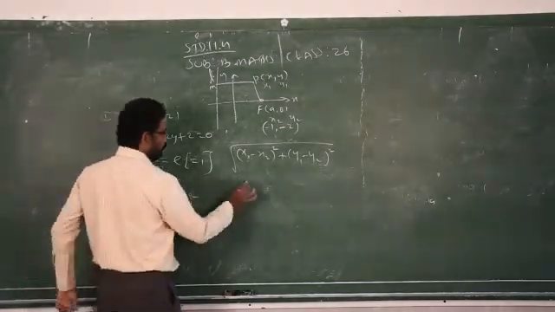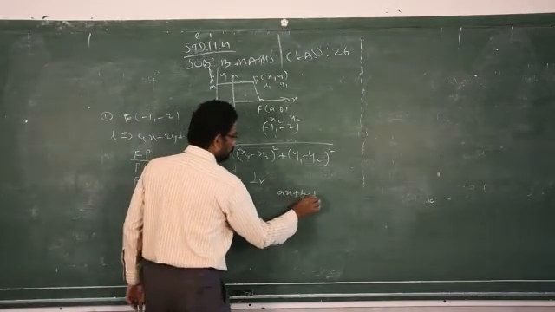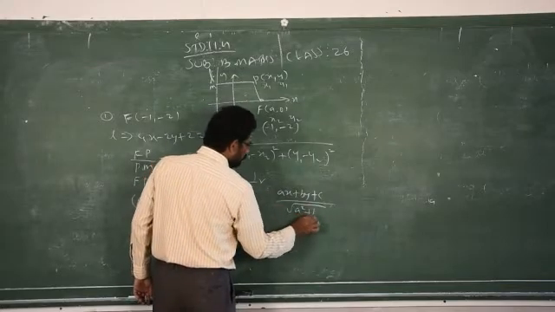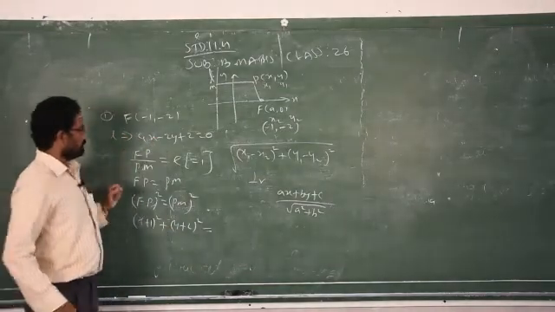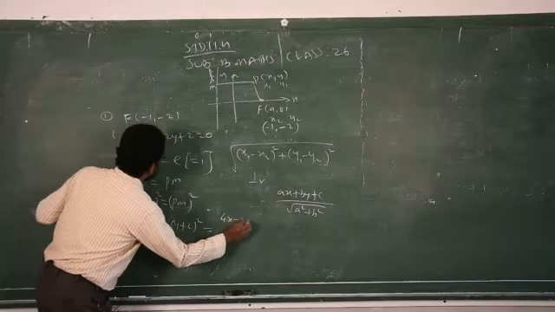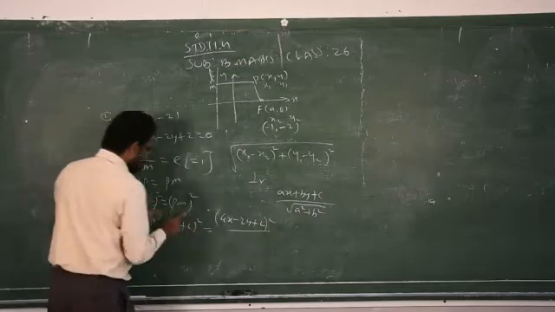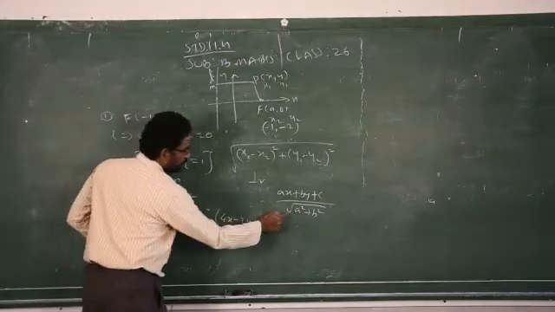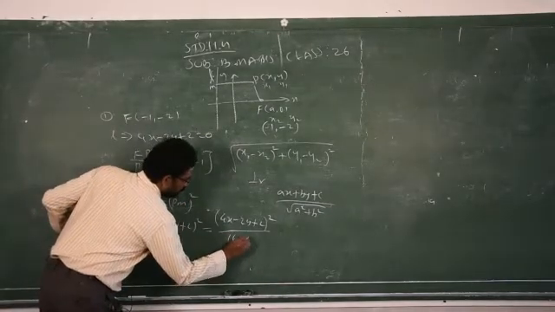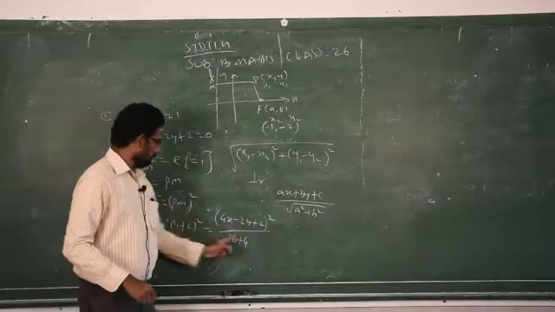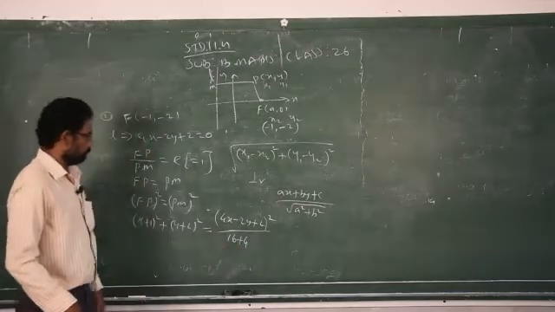What is BM? The perpendicular length. How do you find out the perpendicular length? Formula is Ax plus By plus C by square root of A square plus B square. So I am going to apply this formula with the help of the given directrix, that is 4x minus 2y plus 2, the whole square because I am squaring on both sides. But the denominator square root is not necessary because already we squared. So you square the numbers, 16 plus 4. Don't put square root because the square root gets eliminated. So we will get 16 plus 4 alone.